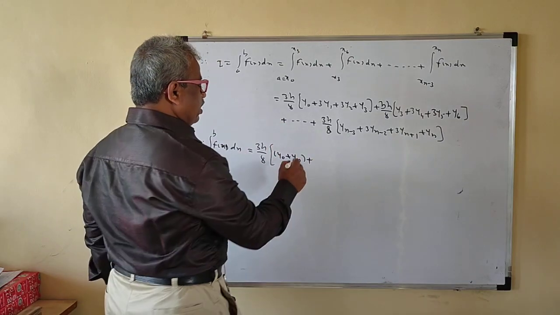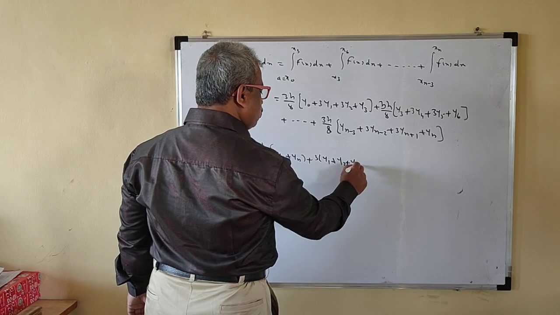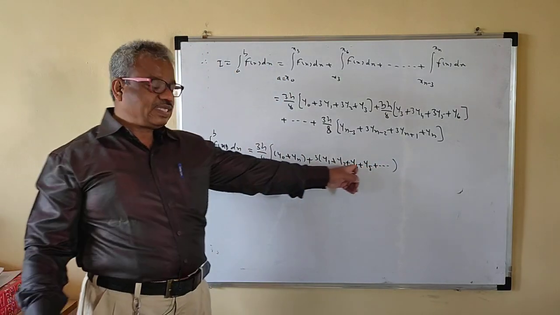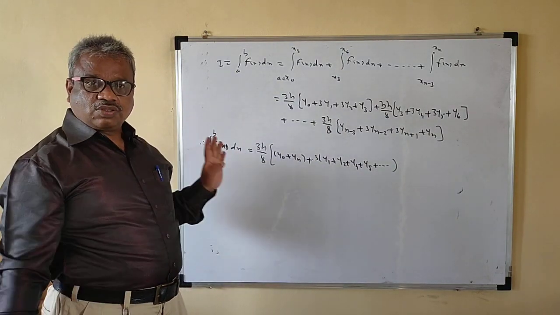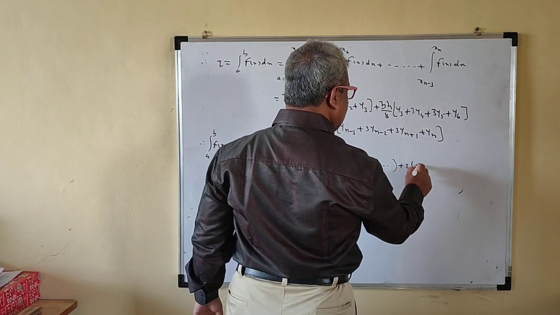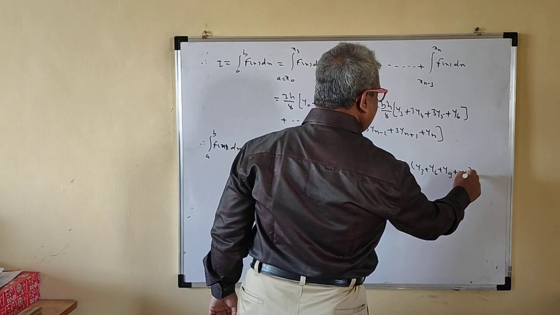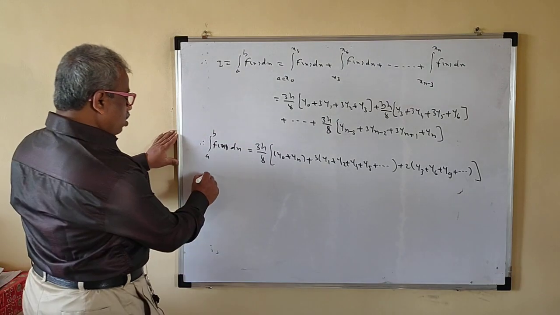So that will be as it is: 3 times (y1 plus y2 plus y4 plus y5 plus ...). These are the suffixes which are not multiples of 3, and plus 2 times the suffixes which are multiples of 3, y3 plus y6 plus y9 plus ...